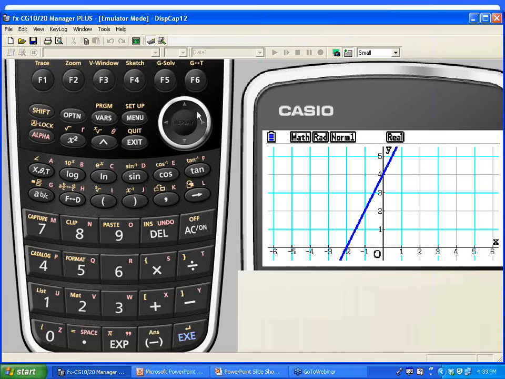So we want to help them develop an intuitive idea by showing them that they can press Shift and then F4 for sketch. And when you press Shift F4, you've got all these different options here. But today, we're actually wanting to graph the inverse. So press F4 for inverse. And you can see the inverse. I'm not really getting a good picture of it because it's down below.